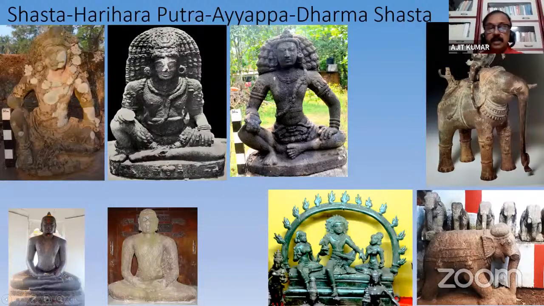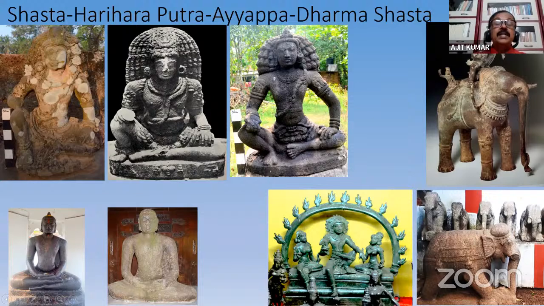In the Shasta images in stone, which are dated to the 8th, 9th century, he is always shown seated in Lalitasana with only two hands, Jata Mukuta. He wears kundalas in his ears. One is the Patra Kundala, and the other is the Ratna Kundala. Apart from that, he is also shown wearing Yajñopavita and also a waistband, Keyuras and Kanganas, and seated in the